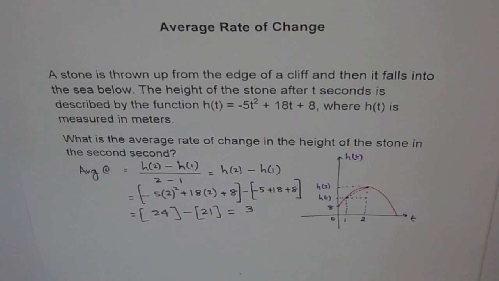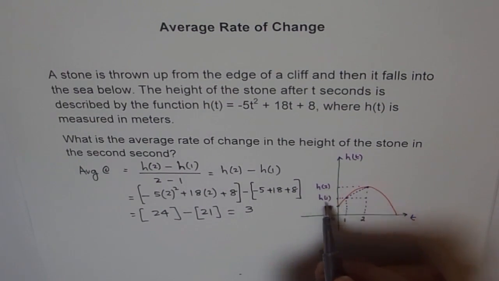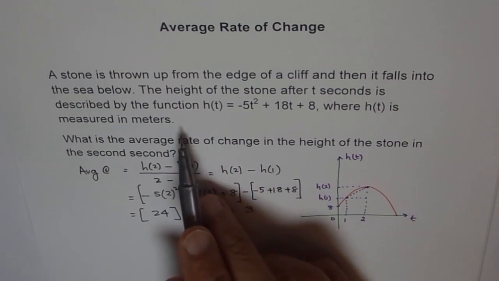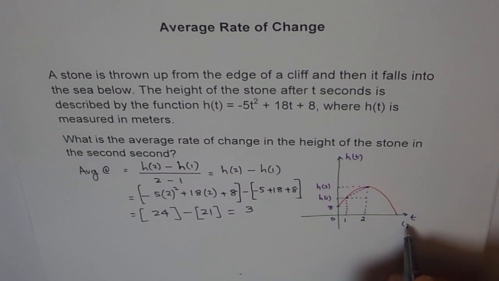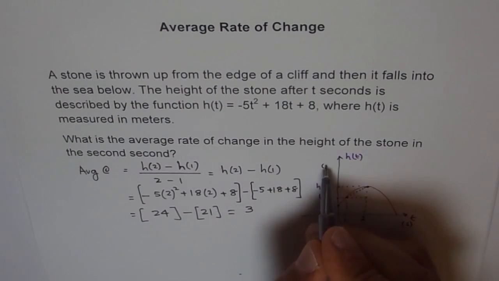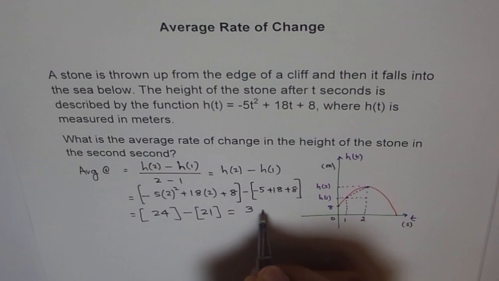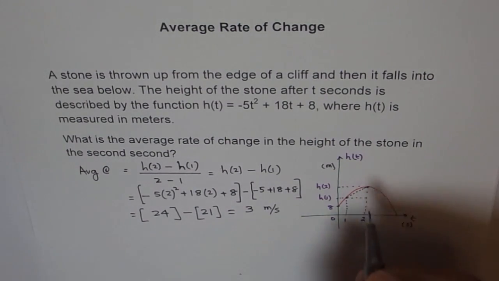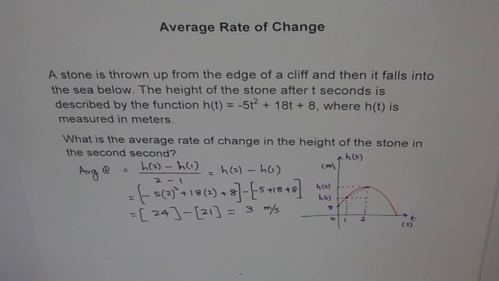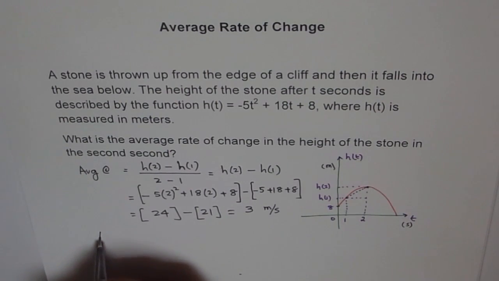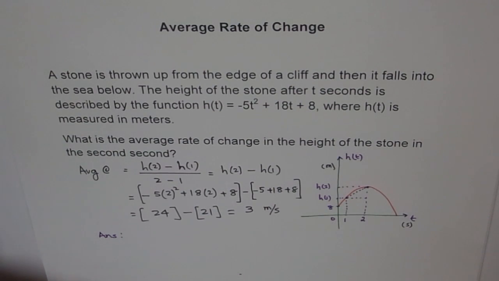Whenever you find average rate of change, units are very important. So what are the units? Height is given in meters and time is in seconds. So this is in seconds and this is in meters. So we'll write 3 meters per second. The slope of this secant gives us the average rate of change. And then after that, clearly we should write down our answer. So we say the answer is